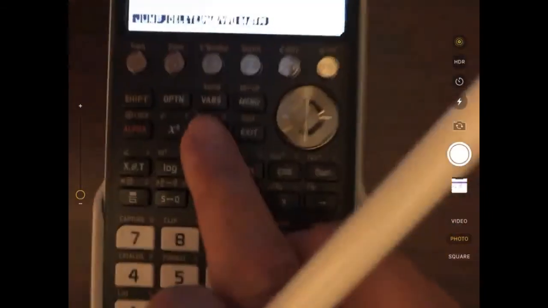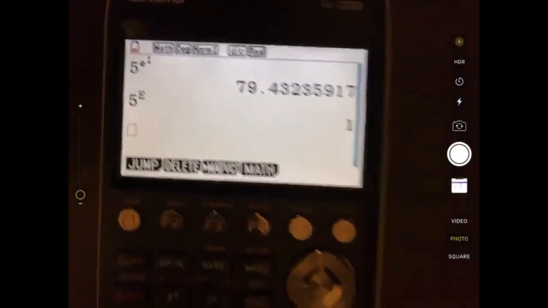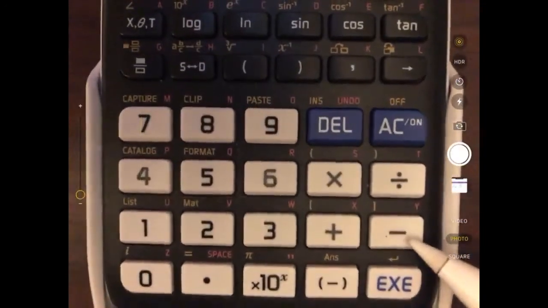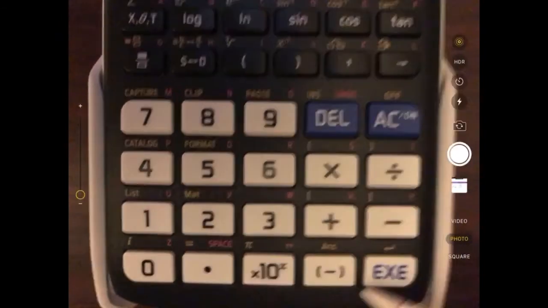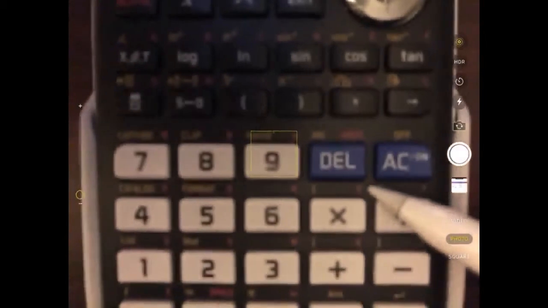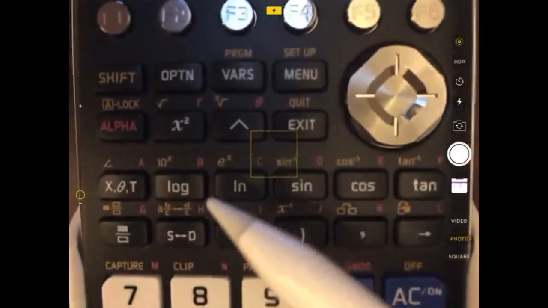So let's hit 5 and then raise, and I'm going to hit alpha E. I don't think it's going to work. Yeah, that's not going to work. But I think that there might be an E button on here somewhere. I've had students tell me that before. I always use natural log, so I'm not real good at finding it. But if you find it and it works, just remember that e is